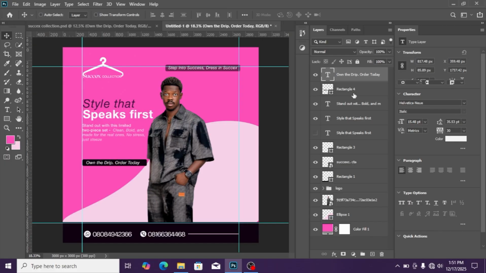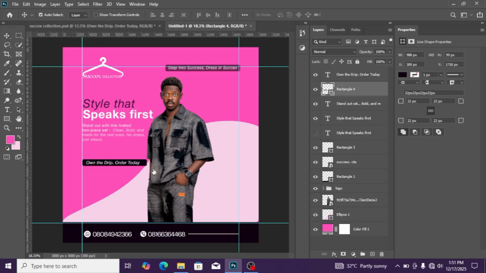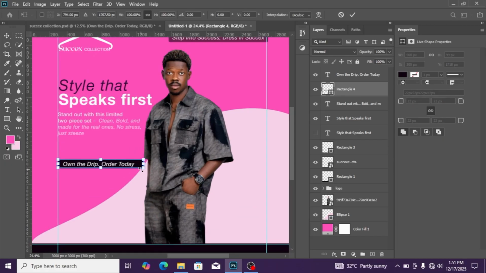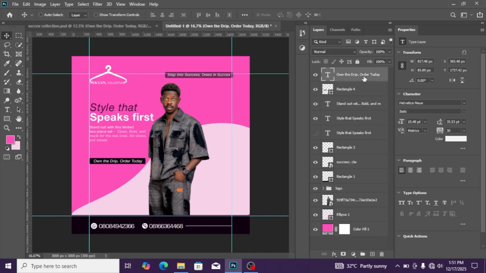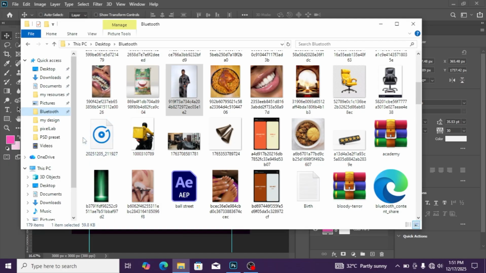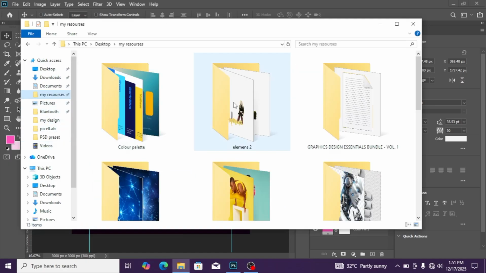I'll reduce the triangle, Control T, and hold your shift. Reduce, and I think that rectangle,